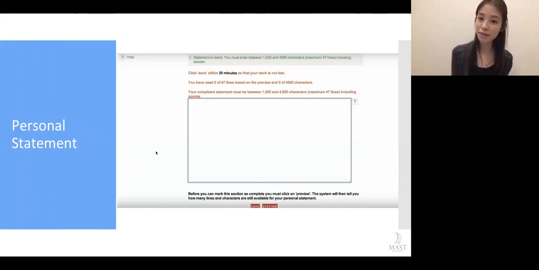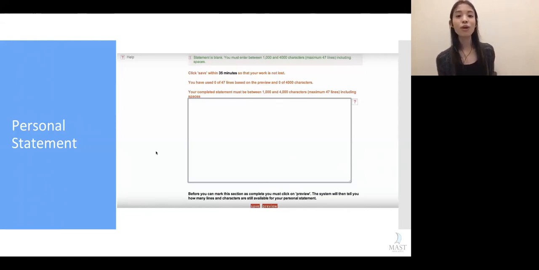So for example, when I applied, UCL and Oxford were my first choices. And for both of these schools, what they were looking for was something that was more academic. And so since I applied for human geography, I talked about my MUN experiences in school and the fact that I really like to stay up to date on the news and how I like to know about current events, and the articles I wrote for newspapers and magazines in Shanghai.